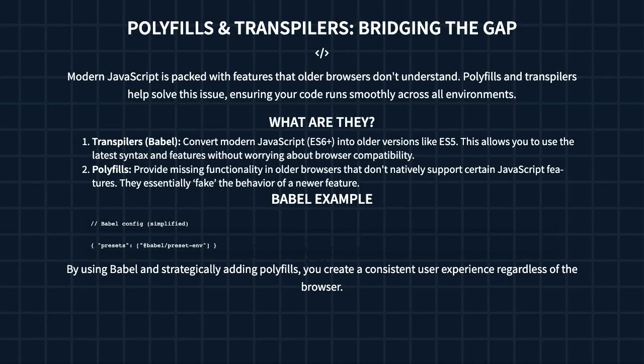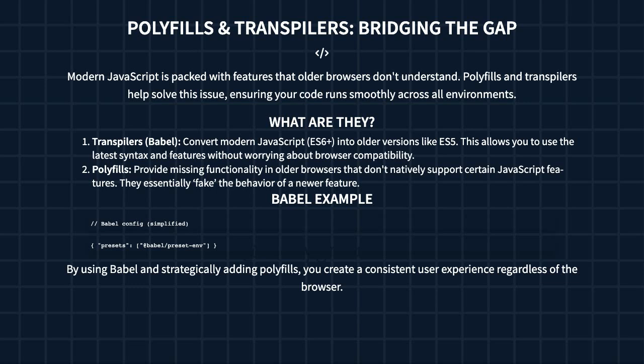Okay, let's talk about how we make sure our cool new JavaScript code works for everyone. Essentially, modern JavaScript is awesome, but older browsers might not get it. That's where transpilers and polyfills come in. Transpilers like Babel are like translators. They take your newest JavaScript, think ES6 or later, and convert it into something older, like ES5, so that older